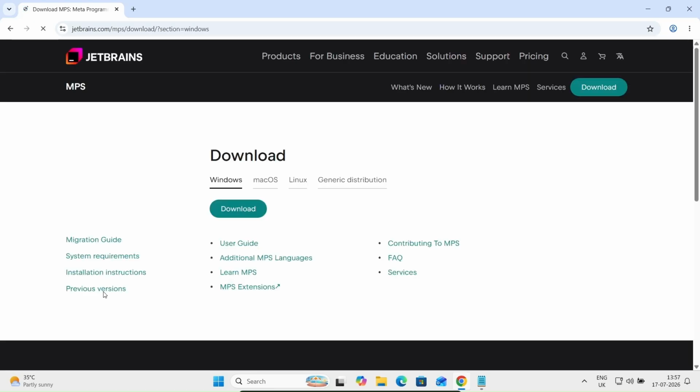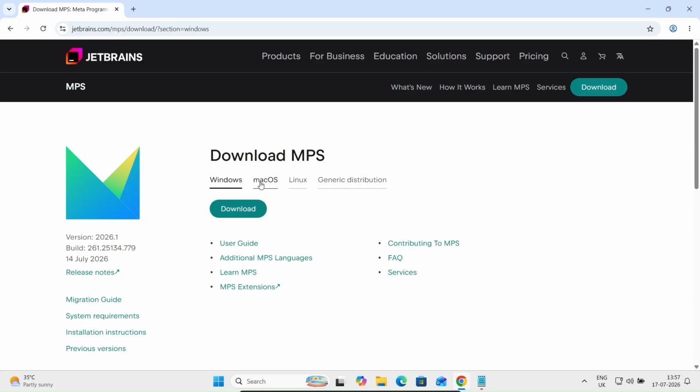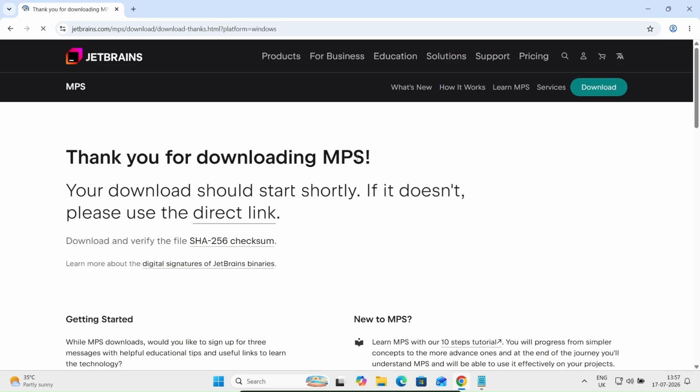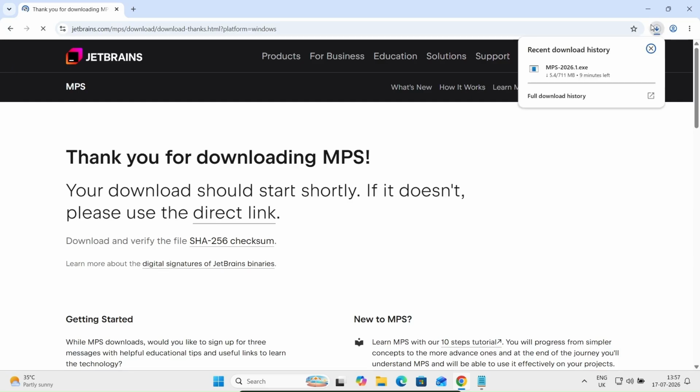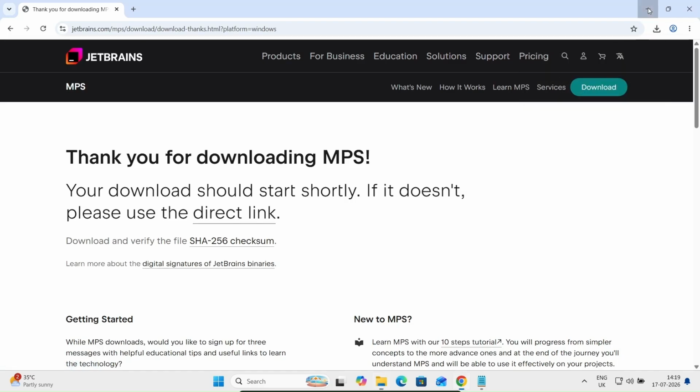By using this, you can create your own domain. Here, it is available for Windows, Mac, and Linux. Let's click on this, which is for Windows. Here you can see the file is currently downloading. Total size 711 MB. The MPS 2026 exe file is downloaded. Simply click on this exe file